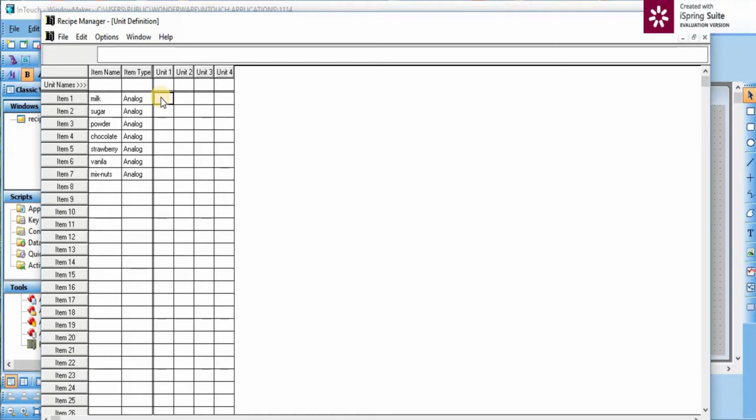For milk I used M, for sugar S, for powder P, for chocolate C, for strawberry ST, for vanilla V, for mixed nut MN. Also we have to give our unit name. We can give whatever, so I give here Unit 1. Our unit definition sheet is complete. So you have to minimize it.